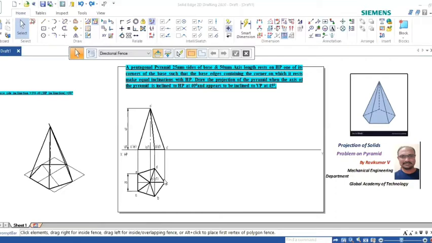Once you draw the top view, you have to draw the height of the pyramid as given. Here it is 50, but I have taken 60. No problem, I can take 60. Now from O1 dash to O dash, by mistake I have taken 60 mm. Now I have drawn the axis length of 60 mm using a center line. Then show the dimension of that.